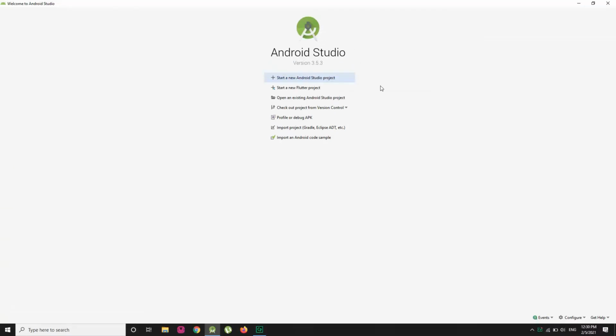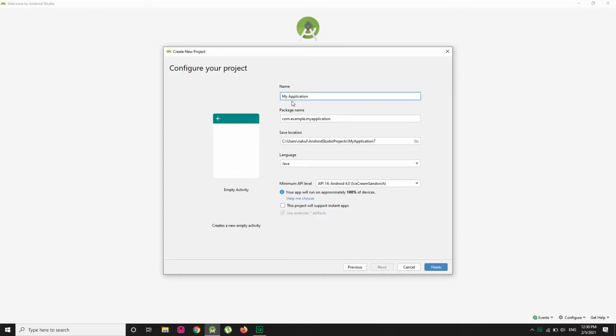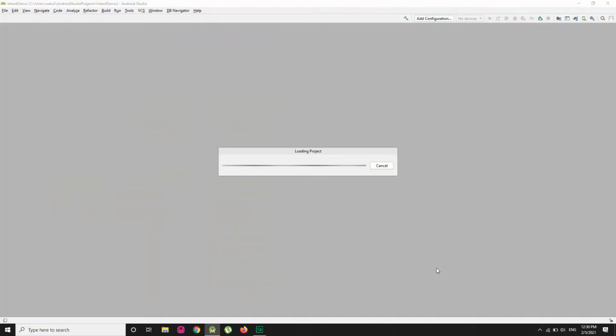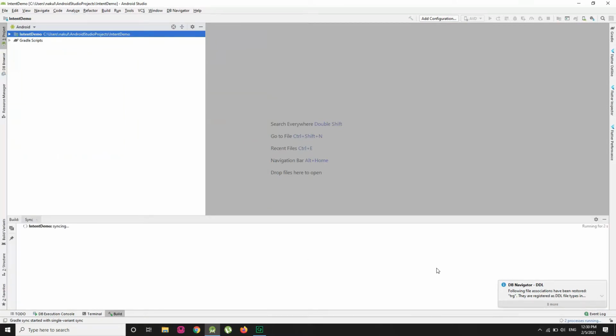So we have Android Studio here, and in this studio I am going to create a new project using empty activity. Give the project name as IntentDemo and then finish. Now I am going to implement implicit intent and explicit intent over here.